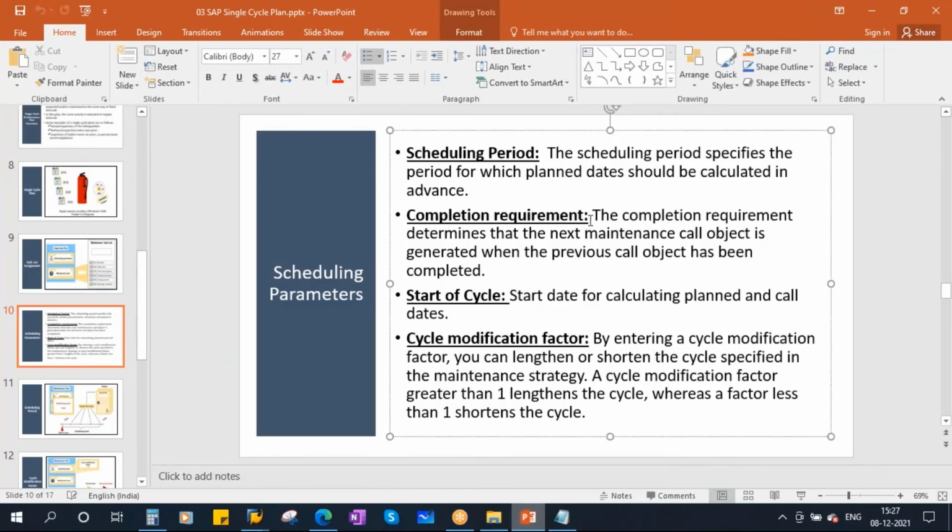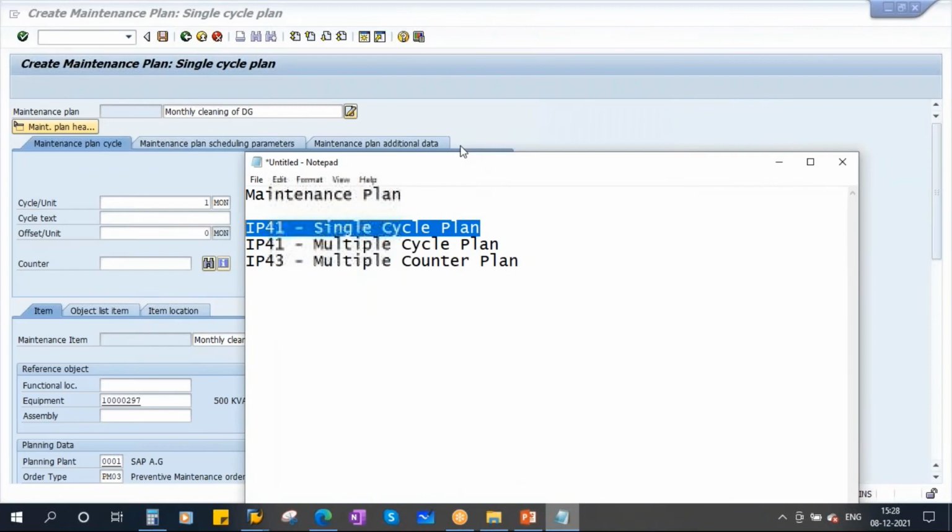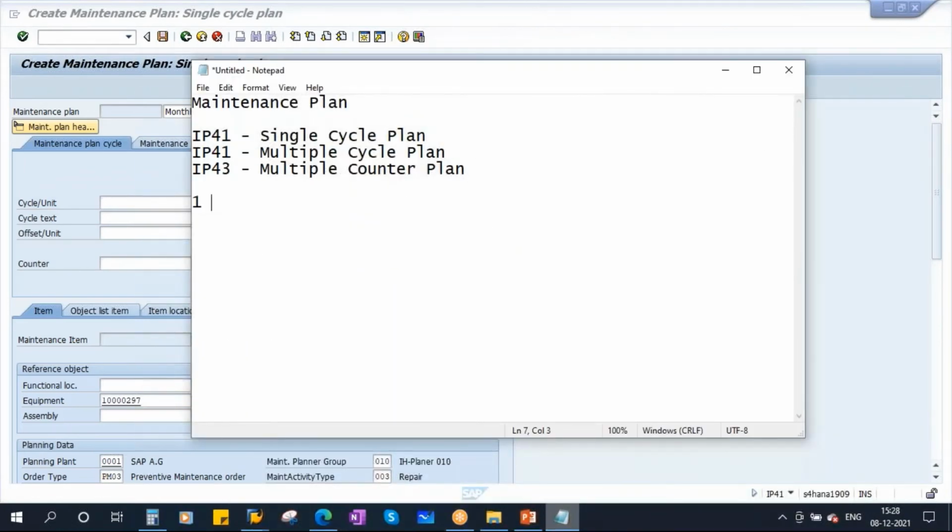So now here you have completion requirement. Here you have a checkbox, completion requirement. What happens here is, suppose you are generating orders. Let's say your cycle is 1 month. You started from today, which is 08/12/2021. Now the next order, as the cycle is 1 month, will be on 08/01/2022, and the next order